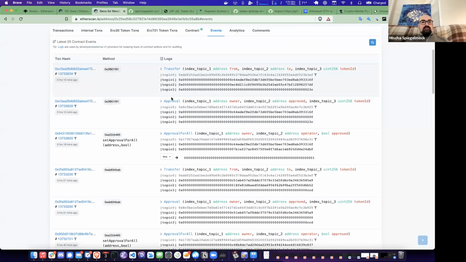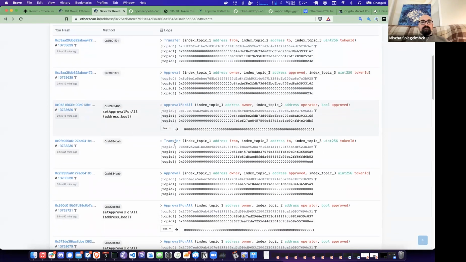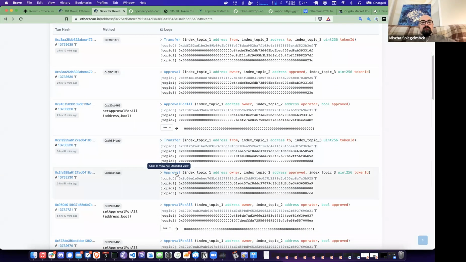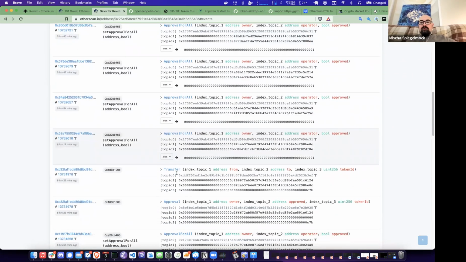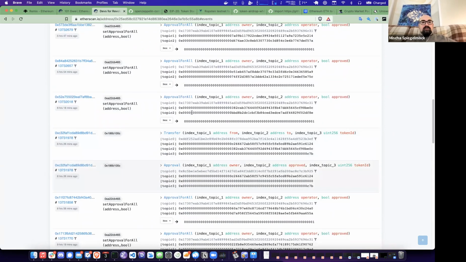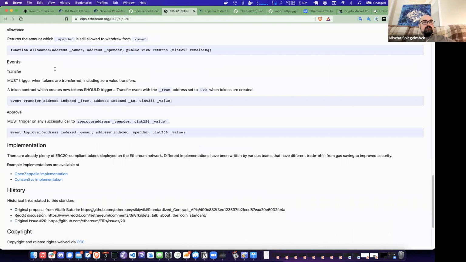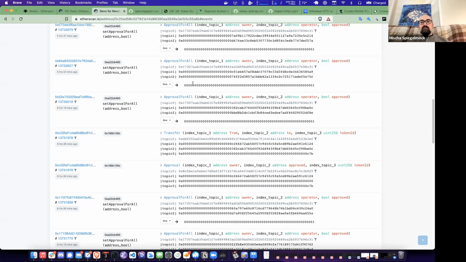Yeah, so you can see here, these are the events for this contract. Transfer, approval. Semantically, I don't really know what the events mean. It's obvious that this represents a transfer, but what does emitting the transfer do? I'm not sure. Is it part of the standard? We can look. Yes. So transfer must trigger when tokens are transferred. Approval, and so on. Exactly under the hood how the events are used, I'm not really sure, but they do exist. They are part of Ethereum. They are part of the interface.